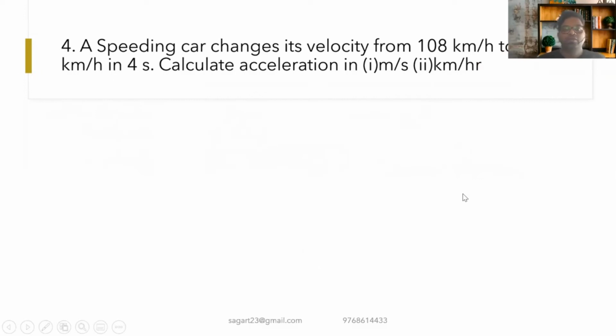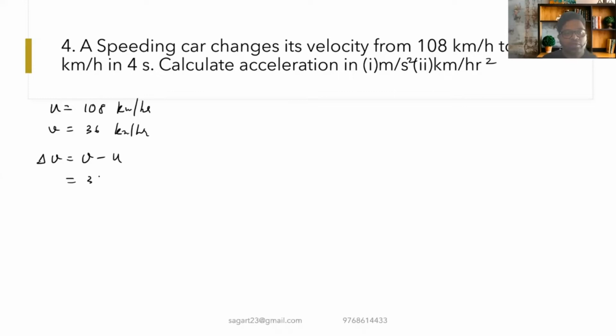And we have the speeding car change the velocity from 108 kilometer per hour to 36 kilometer per hour in 4 seconds. You have to find the acceleration in meter per second square and kilometer per hour square again. So u is equal to 108 kilometer per hour and v is equal to 36 kilometer per hour. So when you talk about change in velocity, that is v minus u, and that will be 36 minus 108, and that will be minus 72